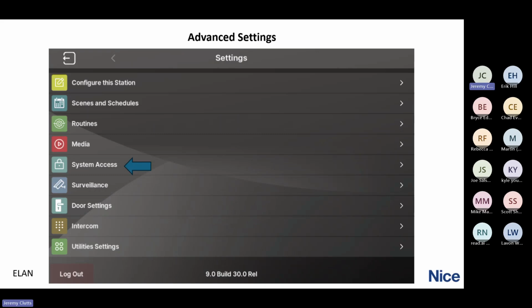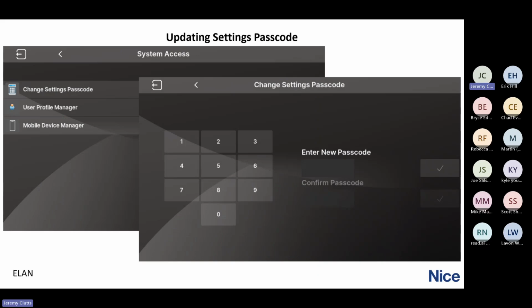So in advanced settings, you do have system access, which you can then hit, and then you can hit the change settings password, and it will force you to type in a 4-digit code twice. So that becomes the new settings passcode. Once the passcode has been changed,